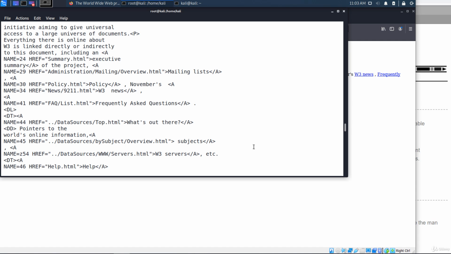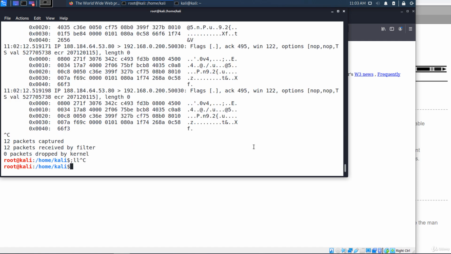It's often useful to save packet captures into a file for analysis in the future. These files are known as pcap files and can be opened in Wireshark or other packet analysis tools, including tcpdump itself. To write to a file, use -w option, like this. In the next example, I want to save all HTTP packets to a file. So tcpdump -i the name of the interface, eth0, port 80,